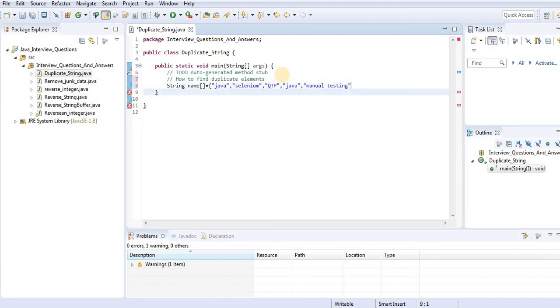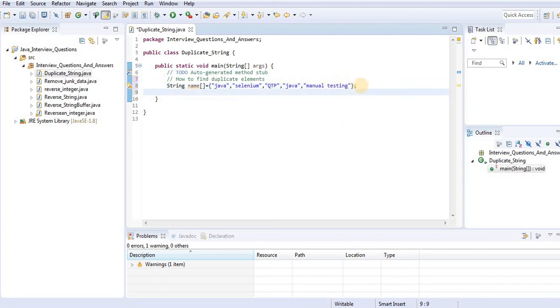So in the first location we have Java, in the second location Selenium, the third one is QTP, and the fourth one is again Java. Here the duplicate element is Java. Manual testing is there only once. So Java is repeated.